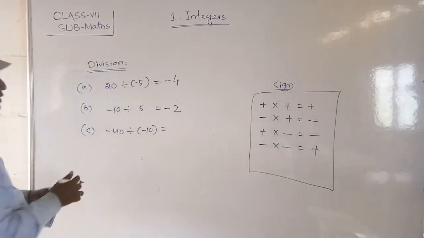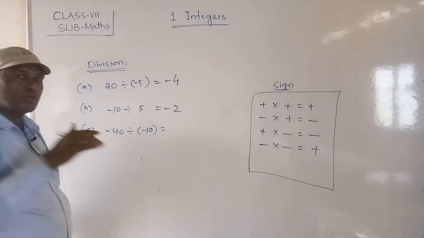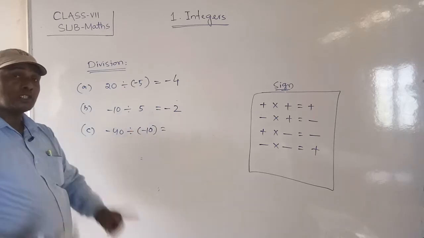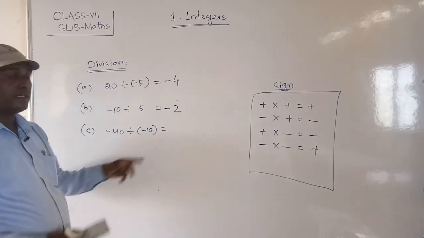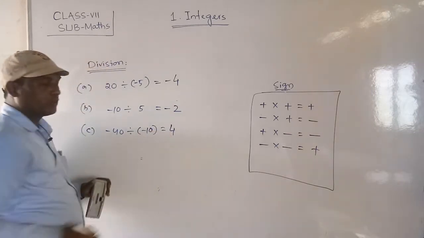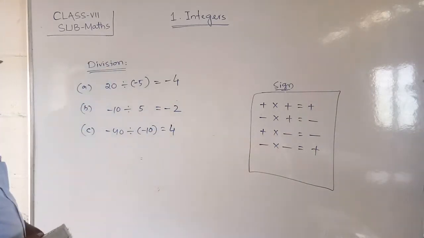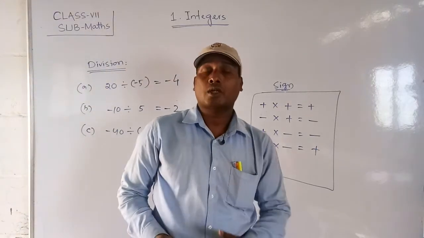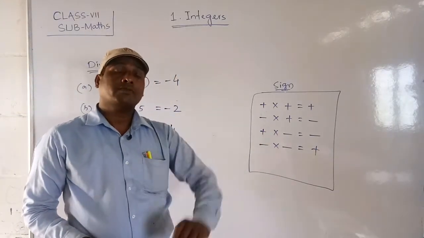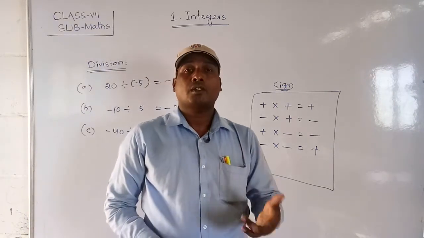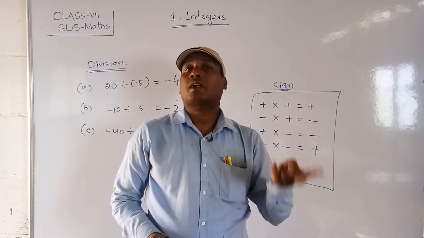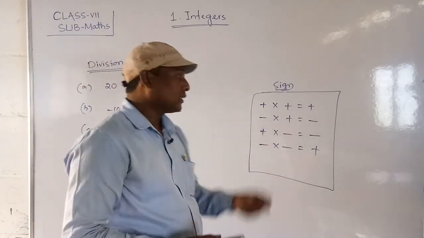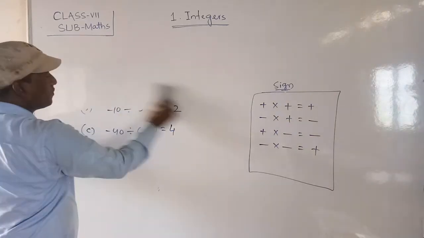Students, the sign is very important. As usual, you divide. So here this is a negative sign, and this is also a negative sign. So the answer will compulsorily come positive. 40 divided by 10 is equal to 4. So 4 will come. Are you clear, friends? So this is the sign convention also. Students, whenever you divide two numbers with opposite signs, the quotient will always be negative. But whenever you divide two numbers with the same sign, the quotient will always be positive. Okay students, these are the basic operations of integers.